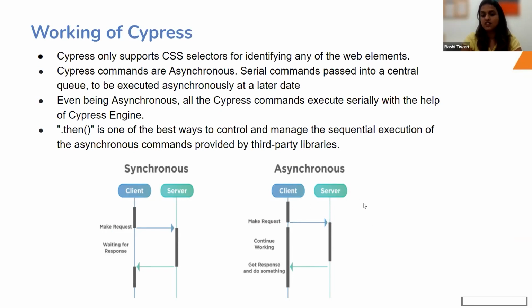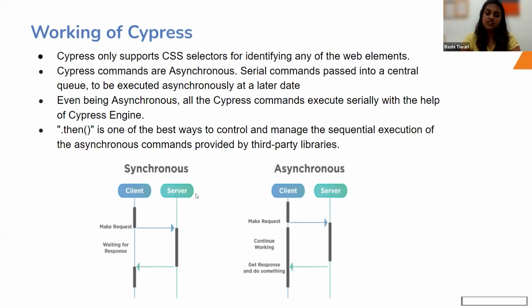So if this is followed in any of the test execution, that means it would try to type something or click on any element without even finding the element, which would lead to the failure of test cases. So they have to make this asynchronous nature of JavaScript synchronous for Cypress to work properly, right? So they have done that by resolving the